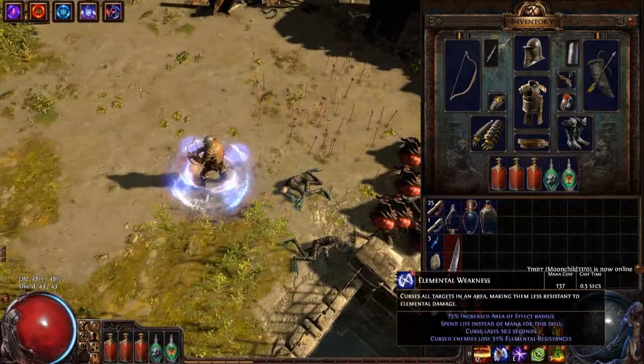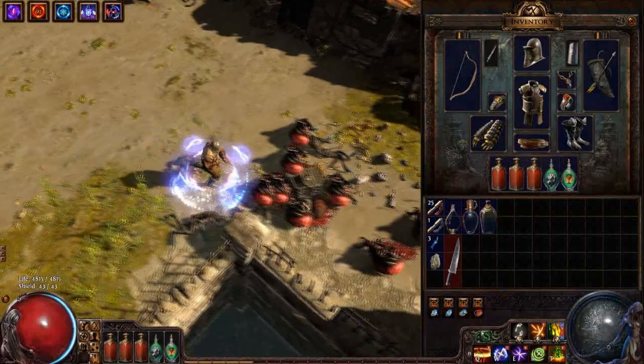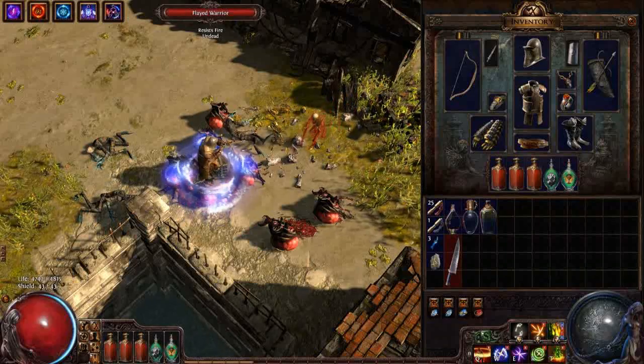And that's basically it with the elemental weakness. And I'm also using temporal chains. If you encounter very fast moving targets, temporal chains is the best thing to do. For example, on the level 74 map, I think it's the jungle, I don't really remember, but there's Oak in